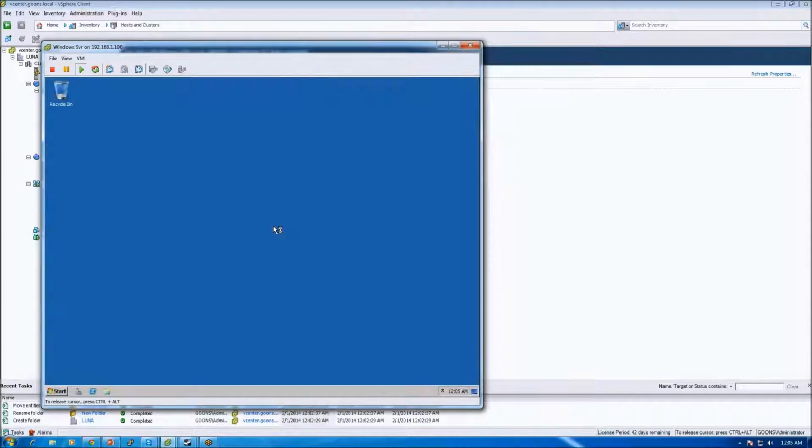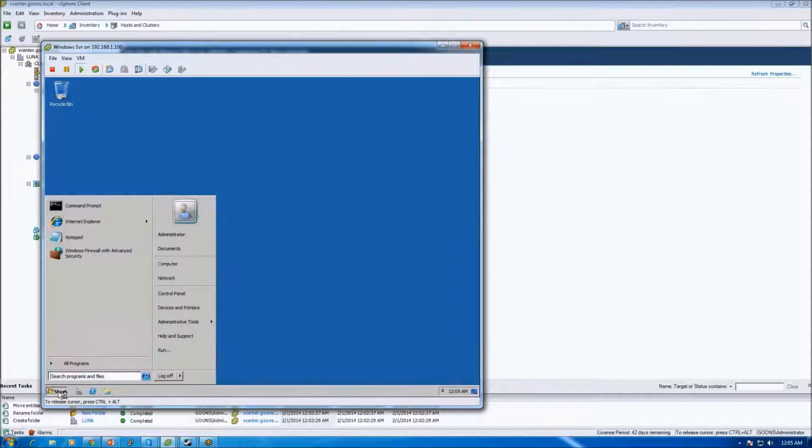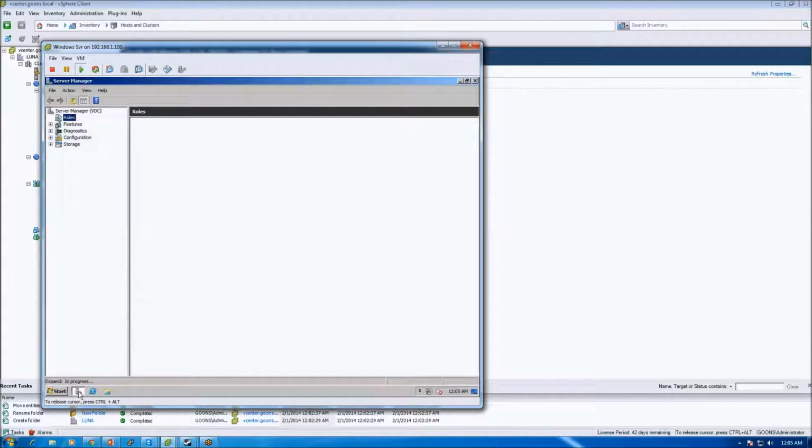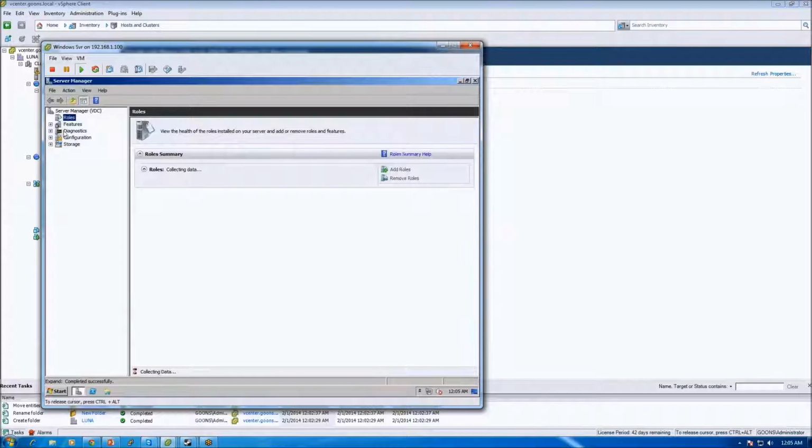And I just kind of want to show you guys this because I know a lot of IT administrators manage their VMware environment to an extent, but you know, nobody knows everything, and I realize that. That's why I made this Goon user group, because I want people to share ideas. So when I get in here,